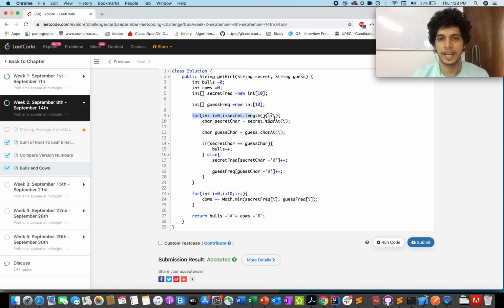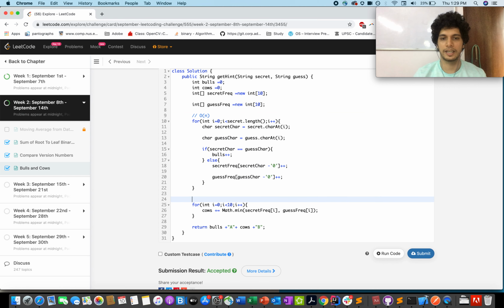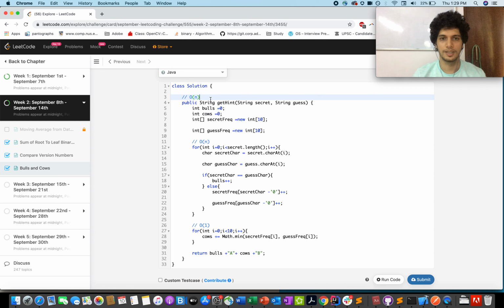Let's talk about the time complexity now. You are iterating through the string only once, hence the complexity for this is order of n, and you are iterating through an array of size 10, which is constant time, hence it is order of 1. The total complexity for the complete algorithm is order of n. And let's talk about space complexity as well. You have taken only two variables to store the count, and the arrays are of constant size, hence the space complexity is order of 1. So let me just write it here. Time complexity is order of n, space complexity is order of 1.